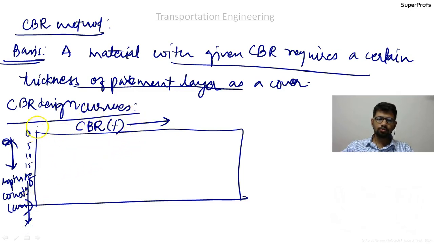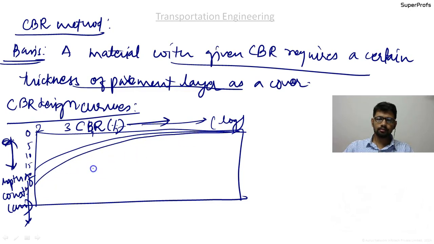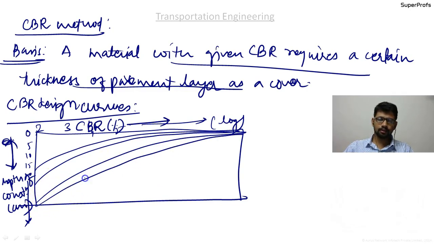CBR values go from 2%, 3%, 4%, 5%, like this, increasing. The CBR axis is logarithmic, and the depth axis is linear. So there will be curves of this kind. I'm not drawing the exact one. And here it will be given the